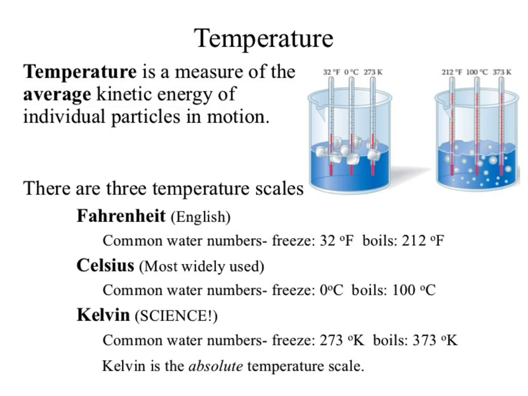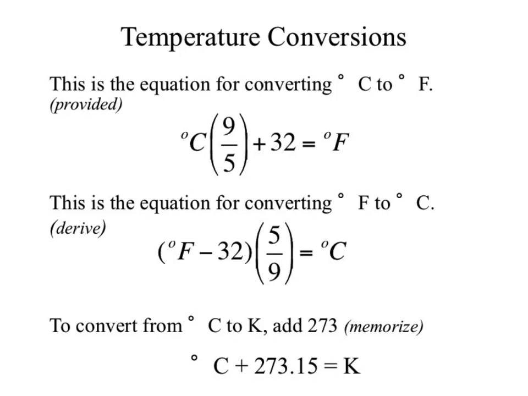Now what are you going to be expected to do? Convert between them. Okay? And so we could go through and do conversion factors where we talked about, well, how do we convert miles to kilometers? Well, there's 1.61 kilometers in 1 mile. So we have a nice, easy conversion. Turns out these systems don't have really nice, easy conversion units, okay? And that's where we end up with these kind of convoluted formulas that come out of them. Degrees Celsius times 9 divided by 5 plus 32 equals degrees Fahrenheit.